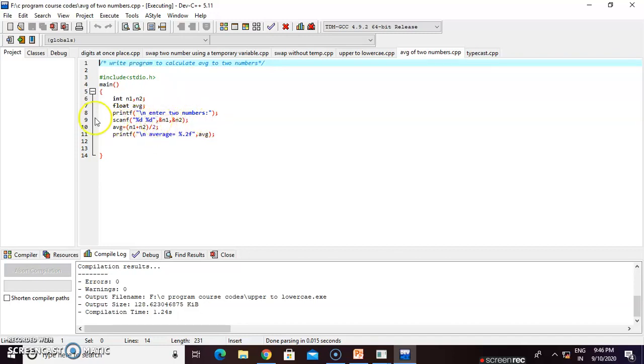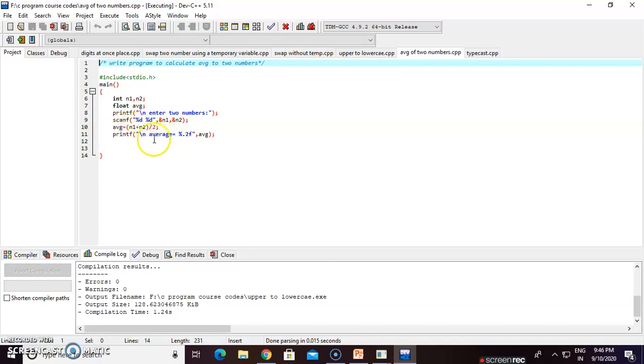As it is a property of variables, we can write them with the same data type. Then avg, that is the logic to calculate the average. avg equals, in brackets, n1 plus n2, divided by 2. Okay, there is a normal integer division. That's our logic. Keep this in mind for calculating the average.